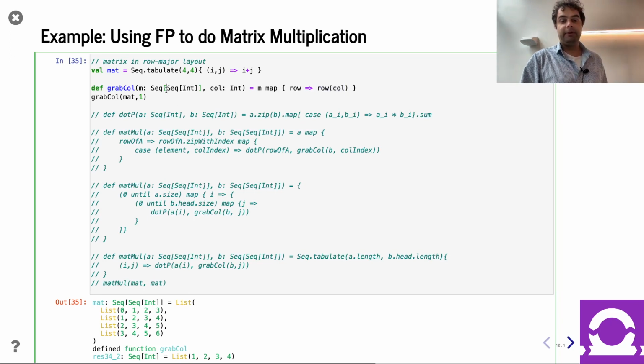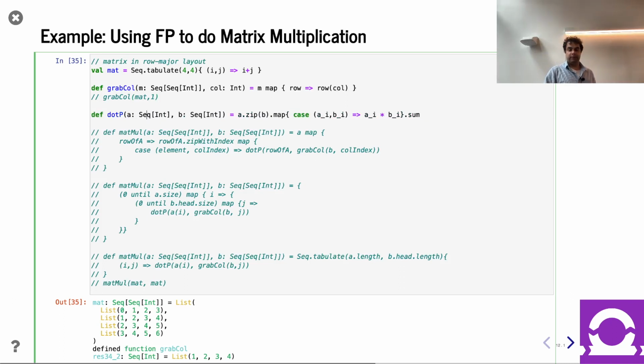So, okay, so now that we have the ability to grab a column, how am I building matrix multiplication with this? Well, one way to think of matrix multiplication, of course, is that you're doing the dot products of the rows of the first argument with the columns of the second argument, right? So let's do a dot product. So given a row and a column, which better be of the same length,